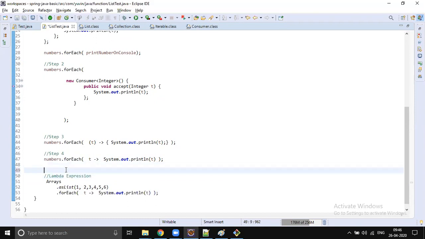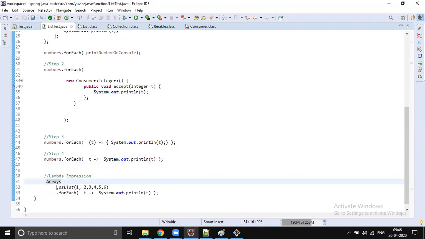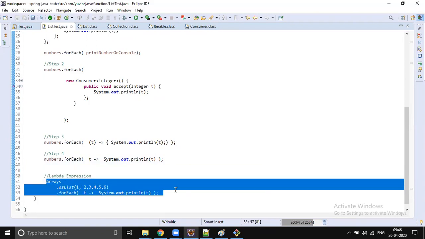You have to understand this line number 50. It's one line. I split it into multiple lines for easy understanding, but if I just put it in one line, it still works fine. It is one statement. We are creating an array list, and we are printing the array list on the console by doing an iteration.